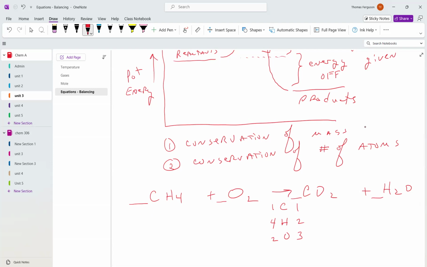Two oxygen. Now, is this balanced? No, we have not conserved atoms. So we've got to futz with this thing. Now, there are 2 numbers in this equation. There are coefficients